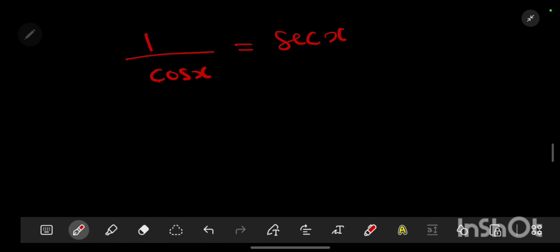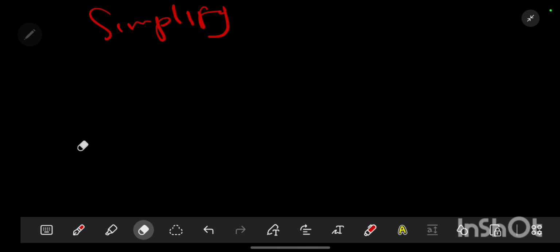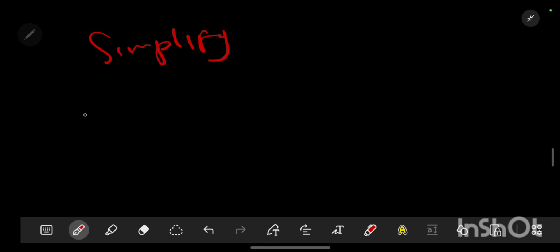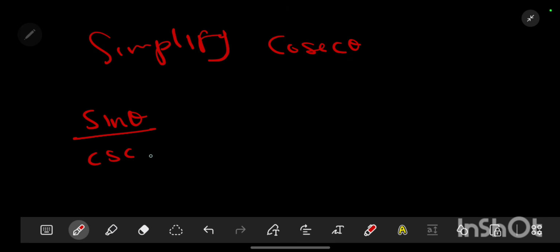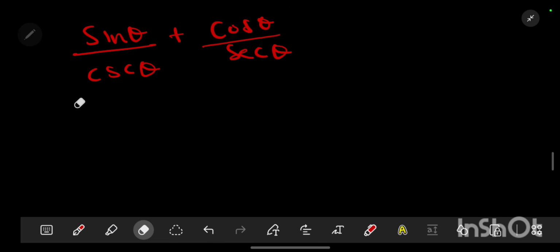And then the next question says, simplify the cos of, okay, we have already done this. Let's say we have this question: simplify the sine of theta over the cosec of theta, which can be written like this if you want. As I said, it's the cosec of theta, it's still okay. Then we have plus the cos of theta over the sec of theta. Let's say we are required to simplify. So how do we do this? So this is the same as